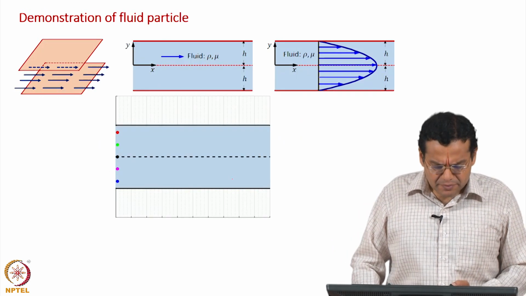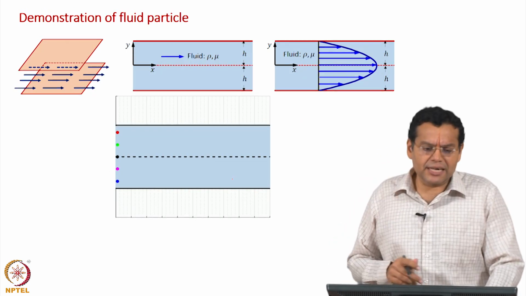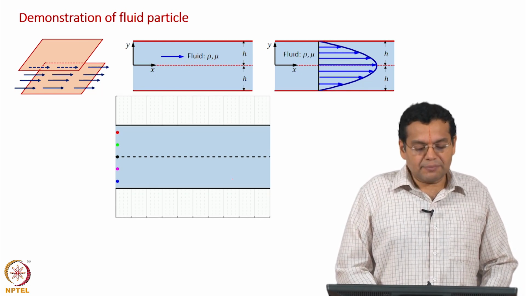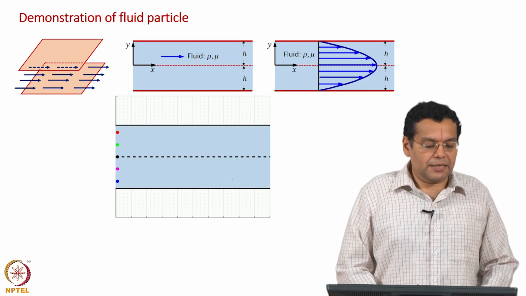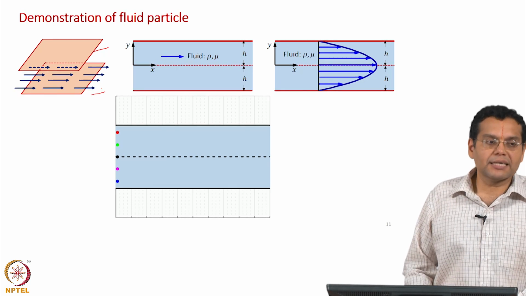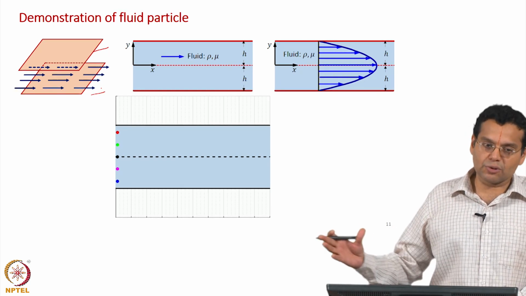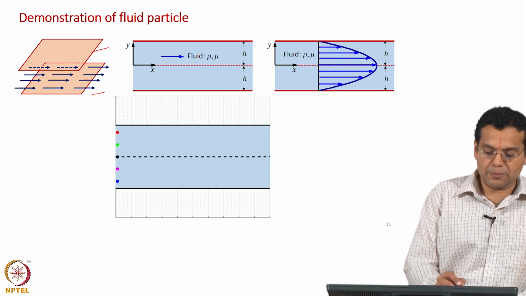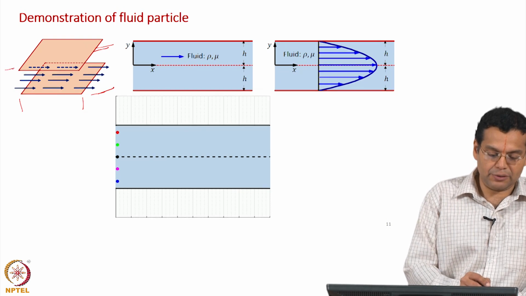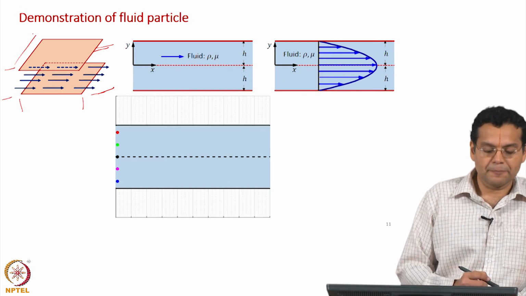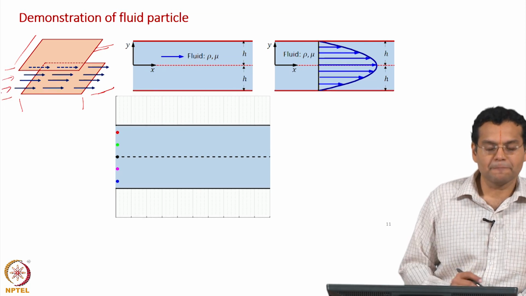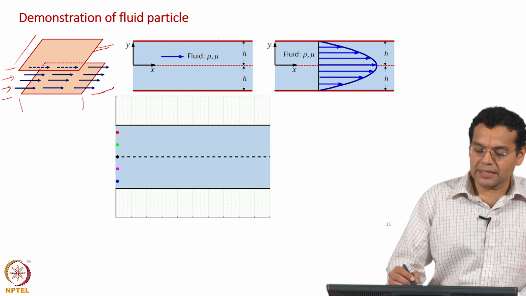Okay. Now, what I will do is demonstrate this fluid particle. The example which I considered here is the flow between two parallel plates, and this is an example which we will come across several times throughout this course. You have two plates, and this is the length and this is the height between the two plates, and this is the width, and you have flow taking place between these two plates in this direction, and that is shown here schematically.